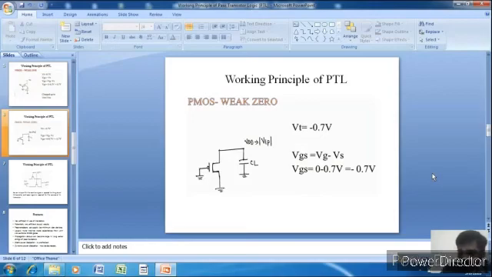Here we can see how the pMOS transistor transmits a weak 0. That is, if we are trying to apply 0, then the output is |VTP|. Here we can see a pMOS transistor. The gate terminal of the pMOS transistor is grounded, so the pMOS transistor is turned on. And here a load capacitor is connected,